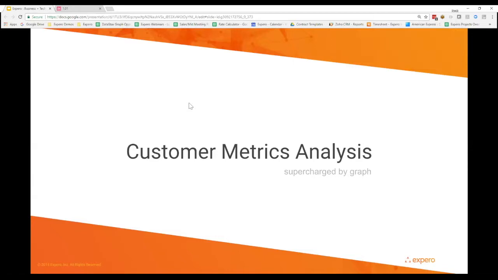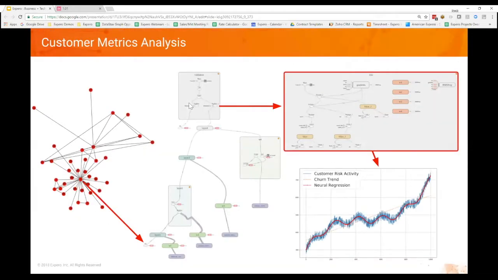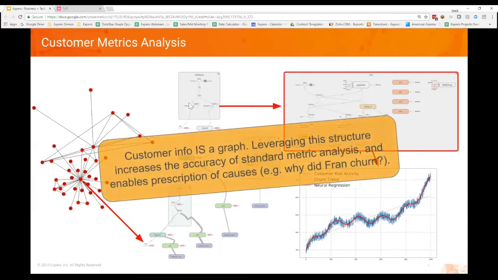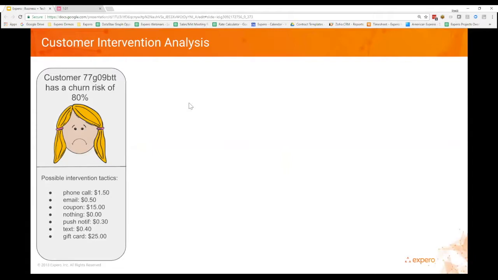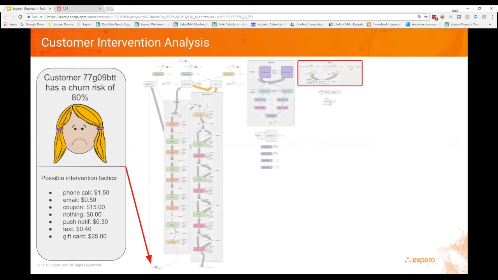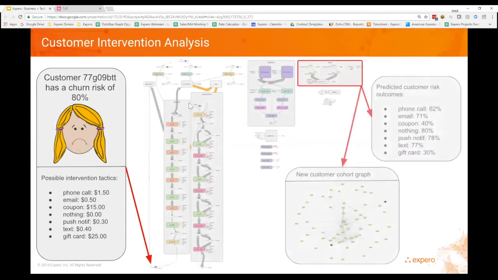So this section is about customer metrics, and you've all seen a churn model before, so anybody can build a churn model. But I will say that using graph, we can not only use the properties of your customers, we can also use the connections between customers, similar customers, disparate customers, and groups thereof to build more powerful analysis. By doing that, we can actually prescribe why these customers have churned or are likely to churn. And then we can recommend intervention measures based on your specifics. So we see a customer with an 80% churn risk being fed into this complicated machine learning system, which is sort of unimportant. But what it does is recommend actions with likelihoods,